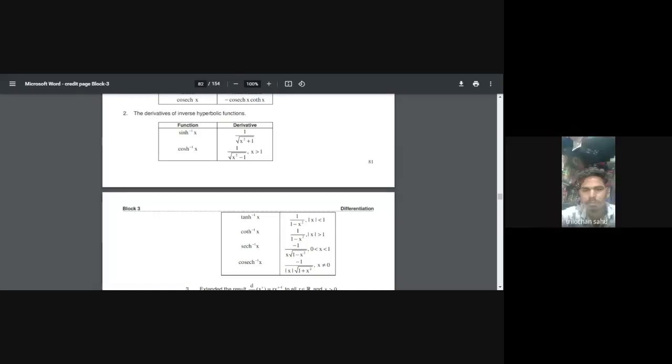So now we are going to discuss the derivative of implicit functions. So, an implicit function